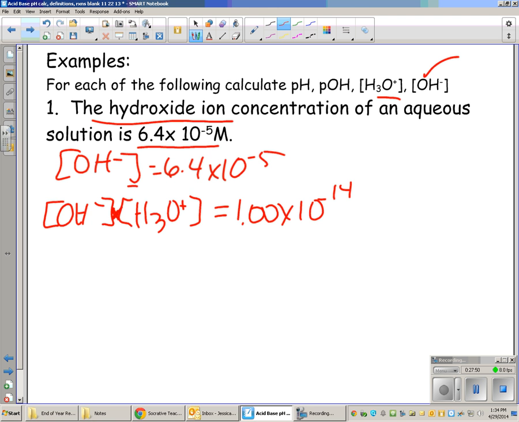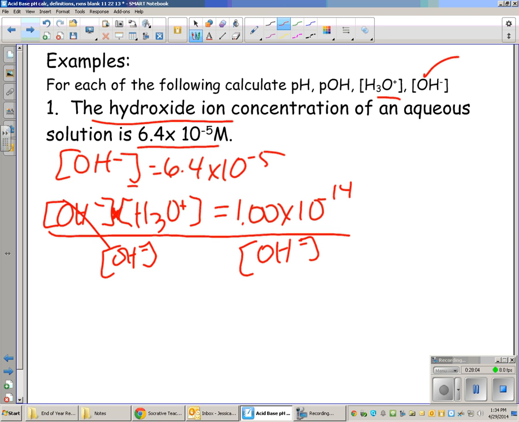Okay, so if I have OH, how do we get hydronium? Divide by OH minus on both sides. That cancels out on the left, leaving hydronium all by its lonesome, which is good because that's what you want to solve for. So let's plug in the number for OH now. What was the number for OH? There we go. So that divided by that gives you